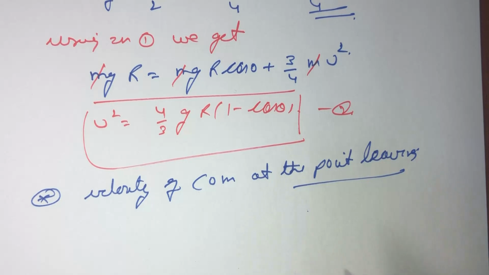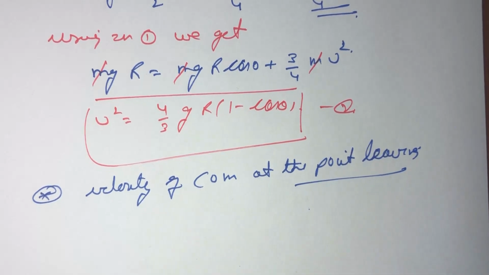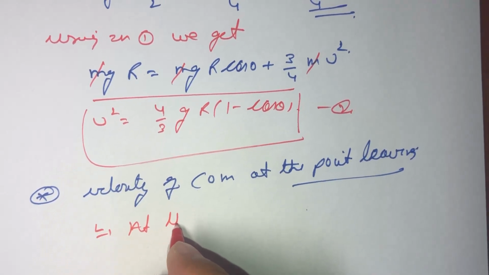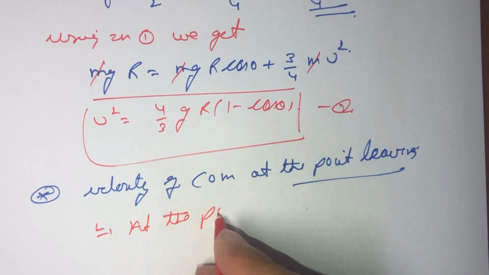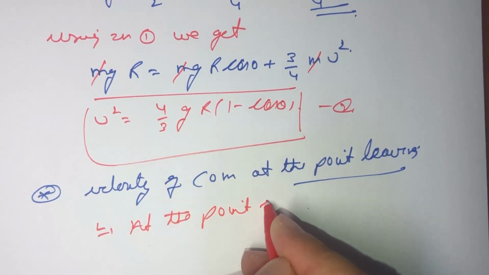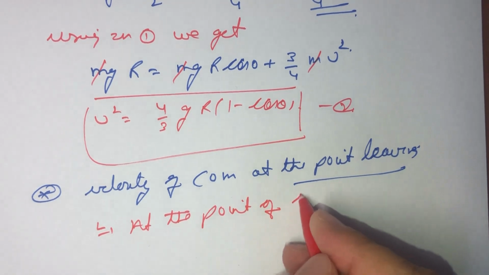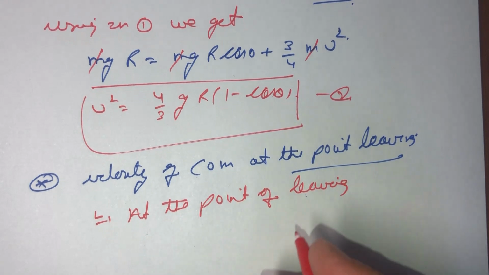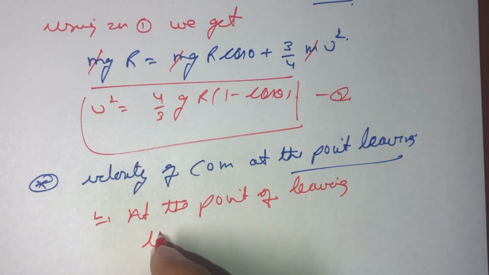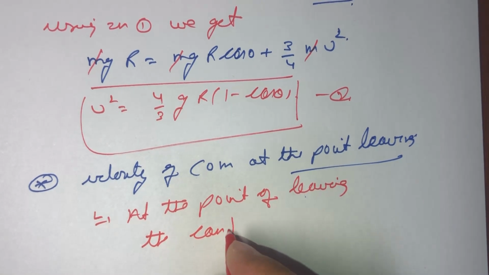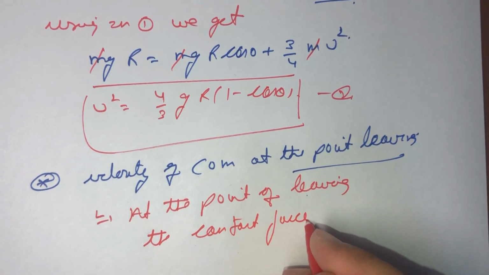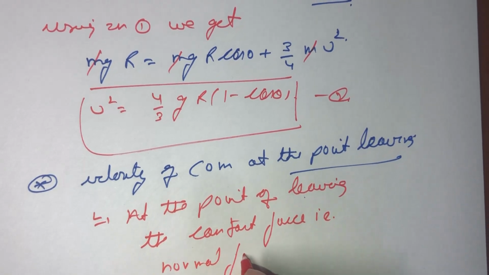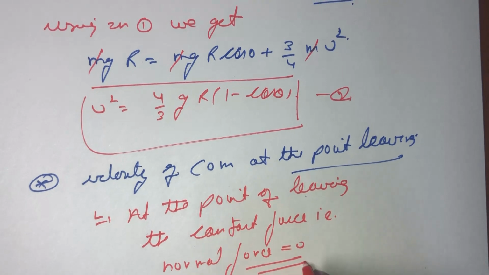And the contact force is our normal force, so the value of that normal force will be equal to 0. You can say at the point of leaving, the contact force, that is the normal force, will be equal to 0,